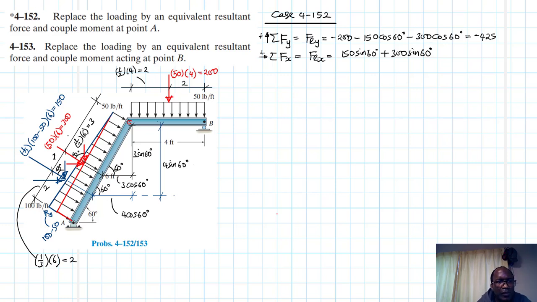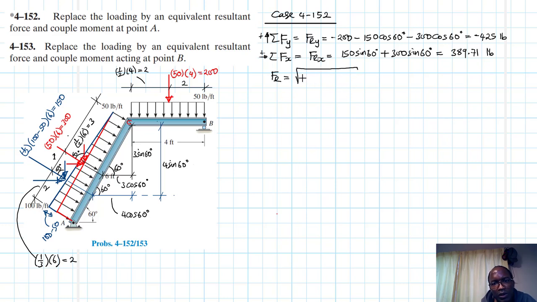So this is going to be equal to 150 sine 60 plus 300 sine 60, which is equal to 389.71. These are all pounds. Therefore, the resultant force using the Pythagorean theorem